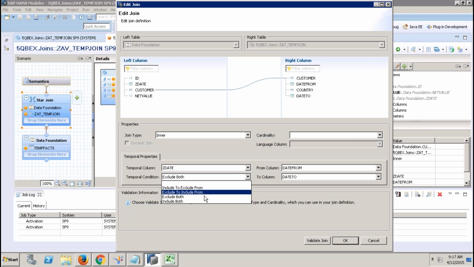So this join can be executed only in one operator. Yeah. If I use this same analytical view in the calculation view, will it execute or